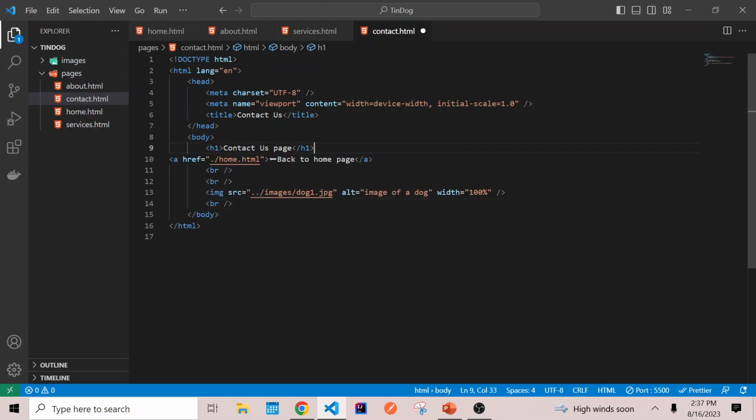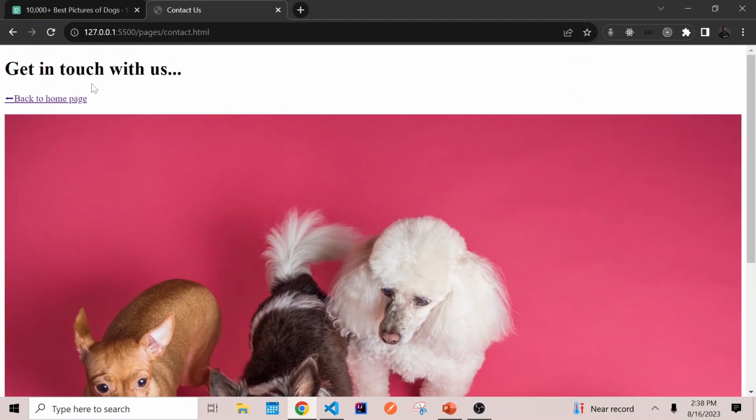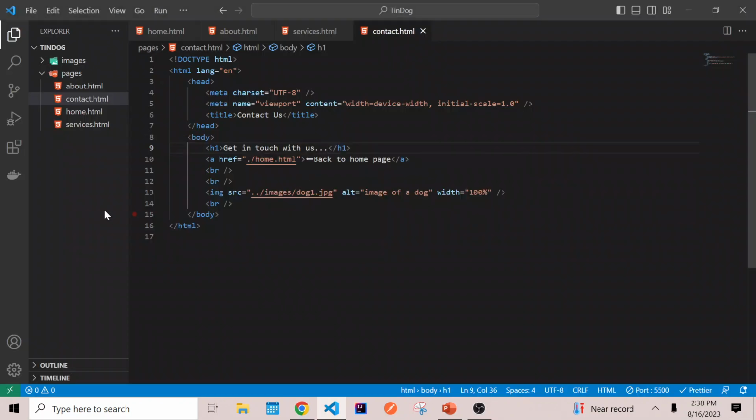Let's just put get in touch with us here, and save. Let's see what we get here. Get in touch with us, and then under this image we can have an h2 that says register here,